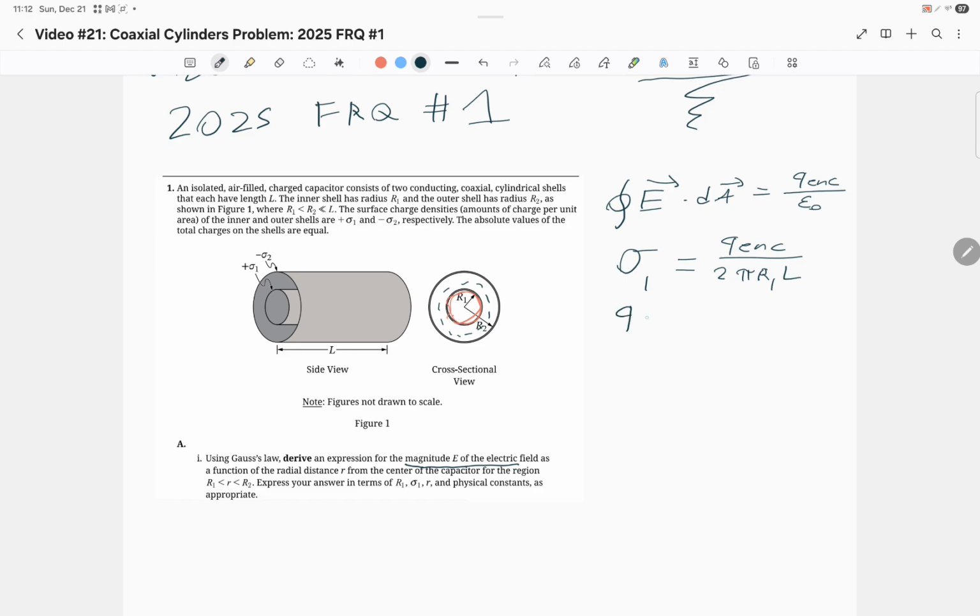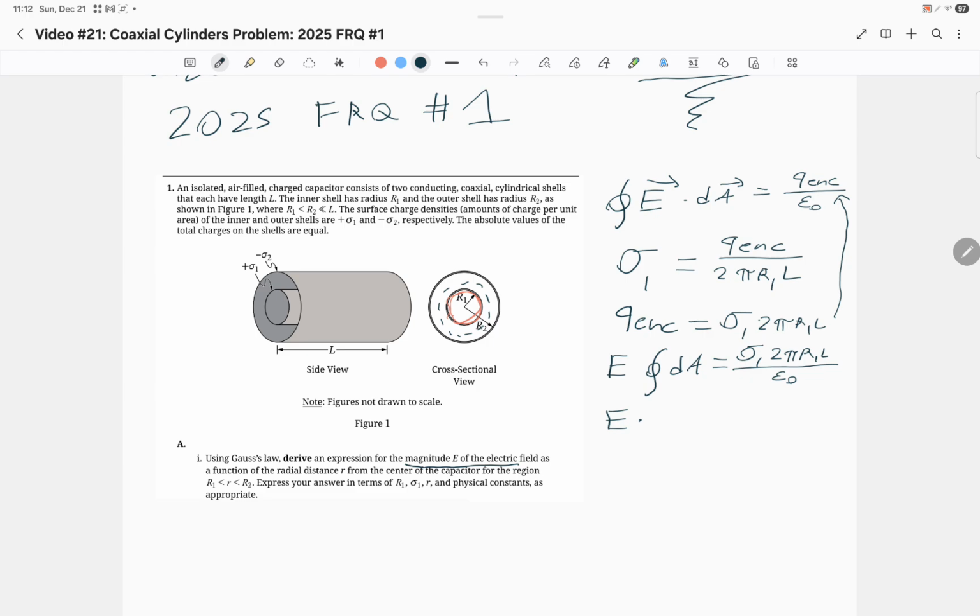So if we want to solve for an enclosed charge, multiply both sides by the denominator there, and we get sigma 1, 2 pi R1 L. This allows us to substitute that up there now. Once we do that, we'll take E out again, because we lost our work, unfortunately. So sigma 2 pi R1 L over epsilon naught, which is just a constant. So we'll have E times,